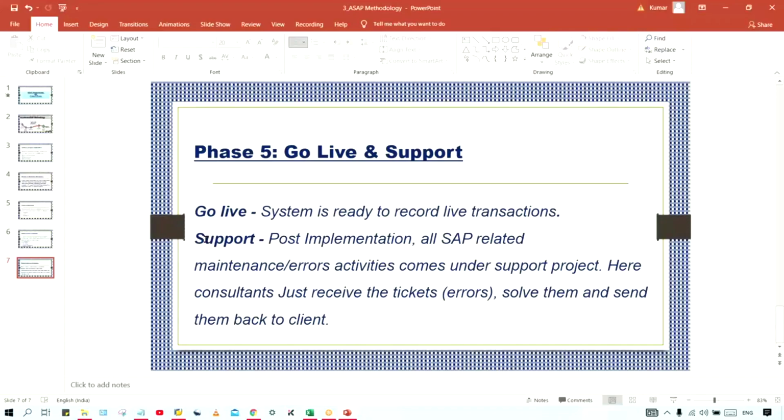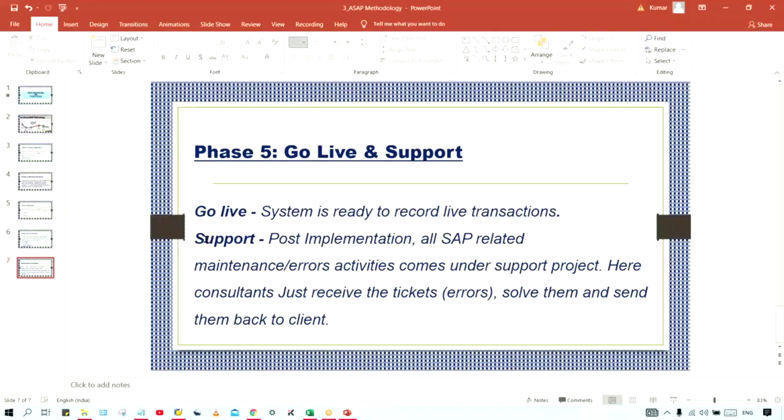A particular team sitting at a central location gives support to the client. How? I'll tell you now. Suppose you guys are from various parts, not only India, even outside India also, right? In a single server itself, you all are going to get your access. Your user IDs are going to be set up in a particular SAP server. Somebody is from Bangalore, somebody from Mumbai, Hyderabad, Delhi, somebody from Spain, somebody from, let's suppose, Mexico. You all are going to access the same server, right?